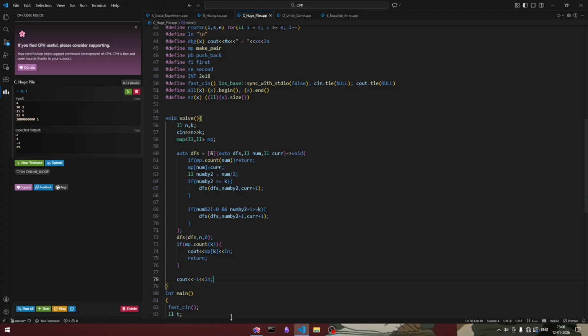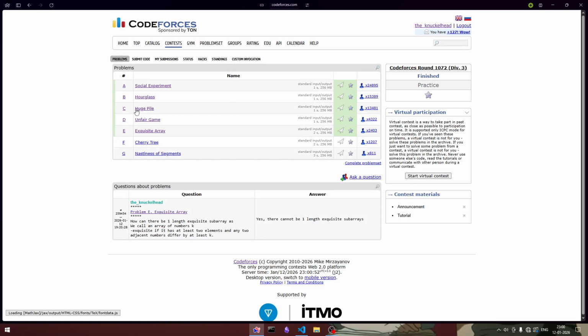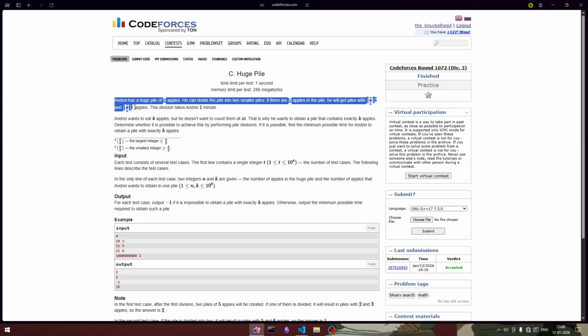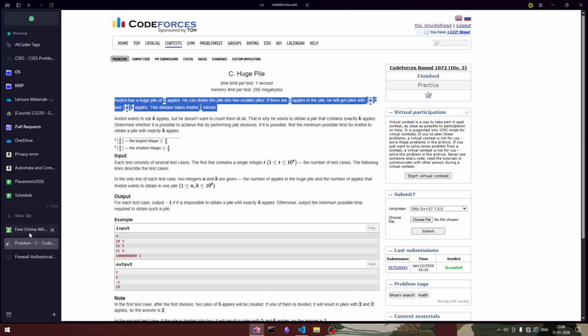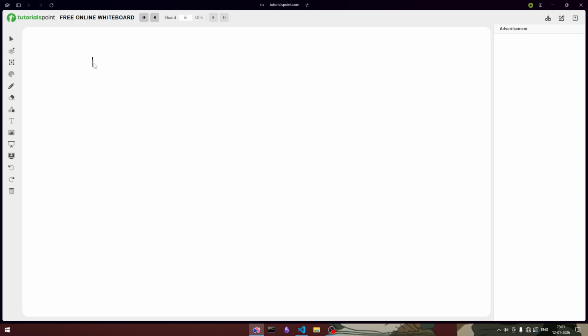Moving forward to the third case, third question. We have problem C. You can read the problem. Basically, the problem states that we have n apples. What we can do is divide n into n by 2 and n by 2 apples. The notation is a bit standard, but what it means to say